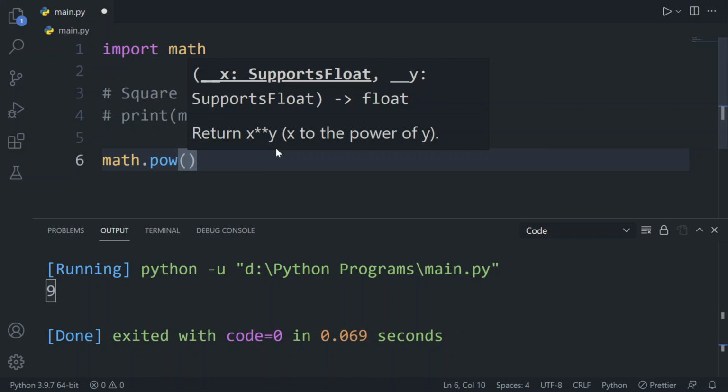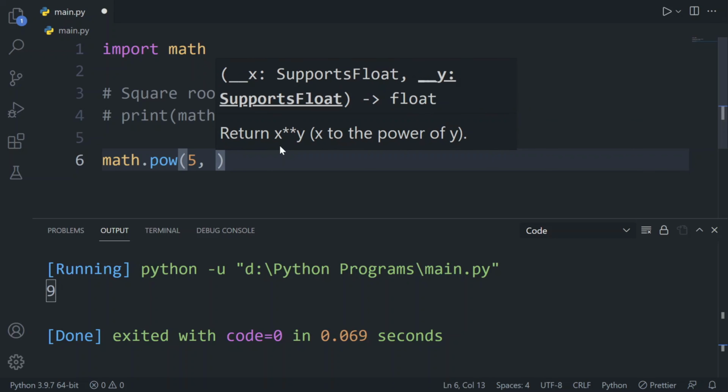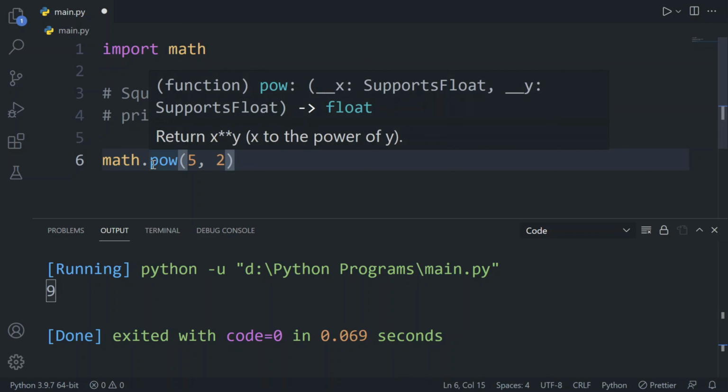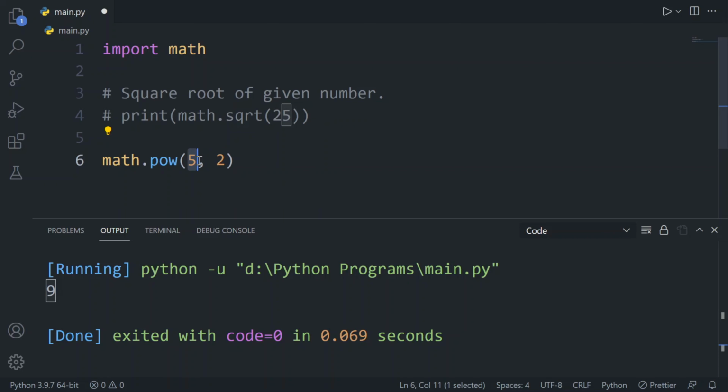Let me use 5 here and 2. So now our math.pow method will take this 5 as base and this 2 as the square. Okay, and then we will get 25 because the square of 5 is 25.